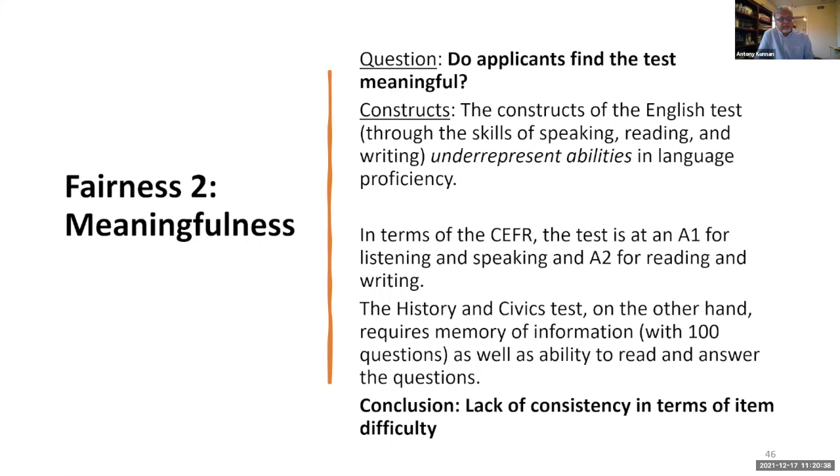And the history and civics, on the other hand, requires memory of information with 100 questions. So the questions can be as simple as, where does the President of the United States live? As though that's an important thing to remember, right? It can also be, when was the Constitution written? Who wrote the Constitution? Who were the people responsible? And because there were a lot of criticisms about the test itself in terms of memorization, they like to ask questions these days regarding